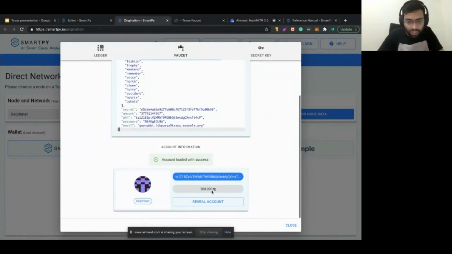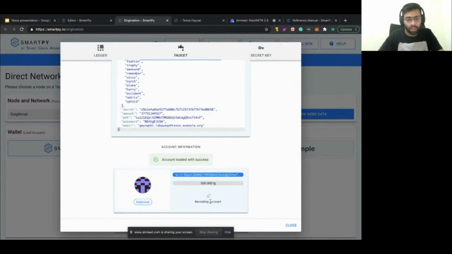Yeah, finally. So this has 300 Tezos balance, and we're going to use this. And hopefully, this is going to help me deploy the contract and give you a feel of it at least. But yeah, this is not supposed to be this hard generally. Because